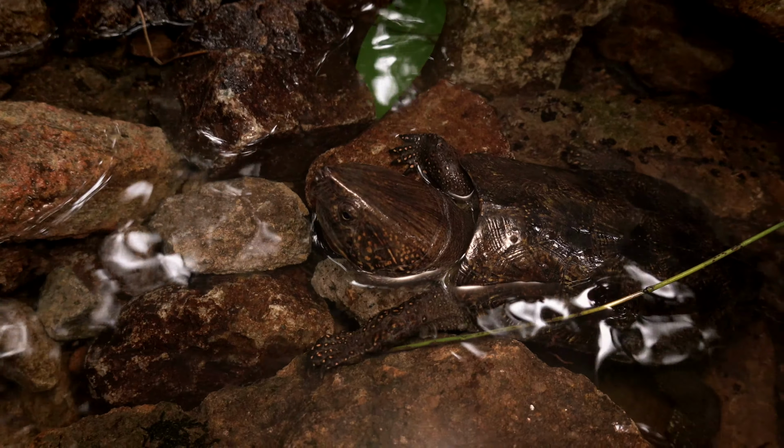Let me readjust myself here. Sorry, just had to run around to the other side of them. But yeah, these guys are really, really cool. You can see how strong and fast they are. Oop, gotta move around a rock. Hold on. All right. Yeah, he's moving quick, and he's getting close to some places where he's gonna be able to hide in the rocks and get away. And we're not gonna interfere with him, so might not be able to get a whole lot more video, but